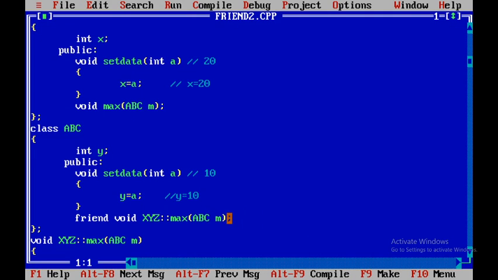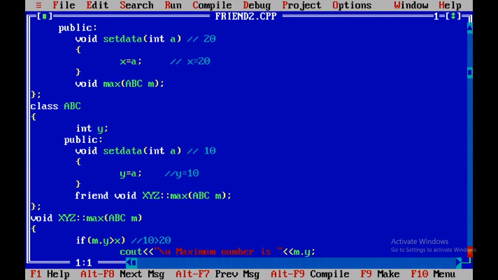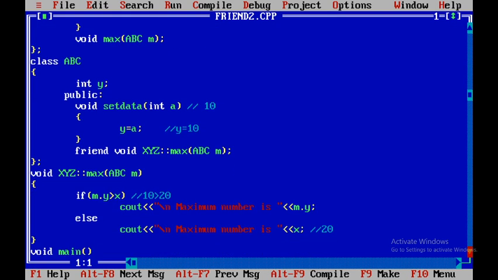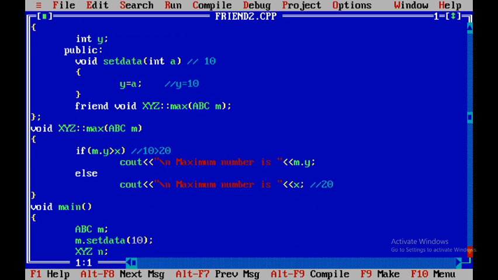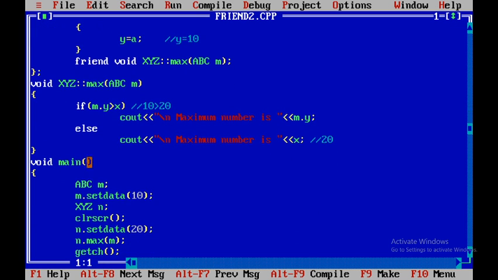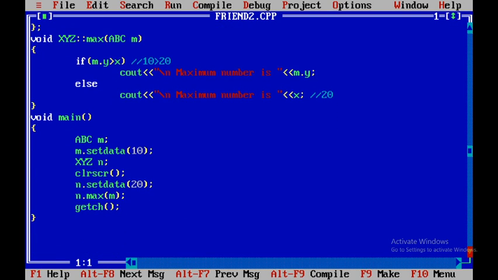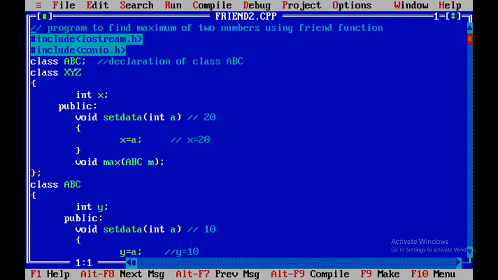There is no need to give an xyz object as an argument. The xyz members are directly accessible. So everywhere we have used the max function, we have specified a single argument. With these few changes, we can use a member function of one class as a friend of another class. I hope you understood. Thanks for watching. Keep watching.